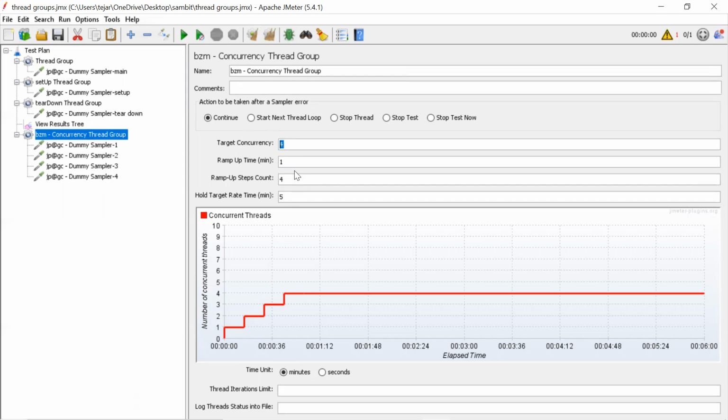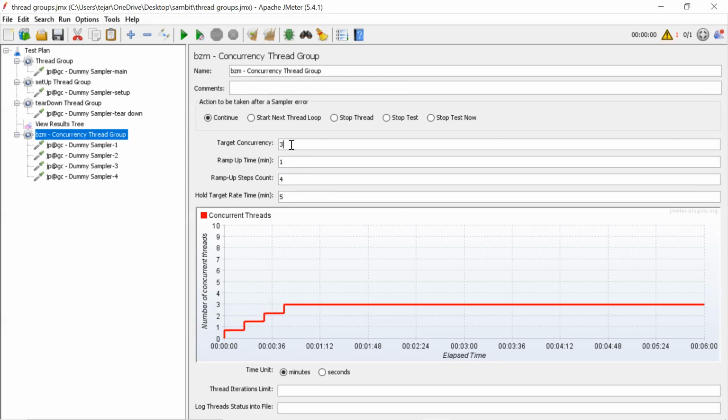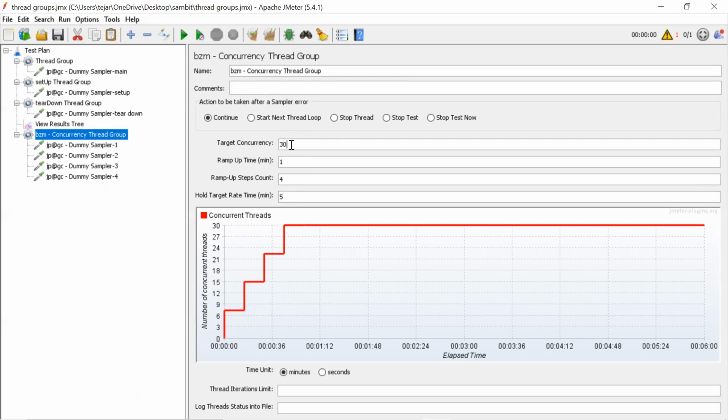Ramp up is 1 and steps is 4, so the user-to-user gap is ramp up divided by steps, 1 by 4. Suppose 30 users every 30 seconds: here you can't achieve it.